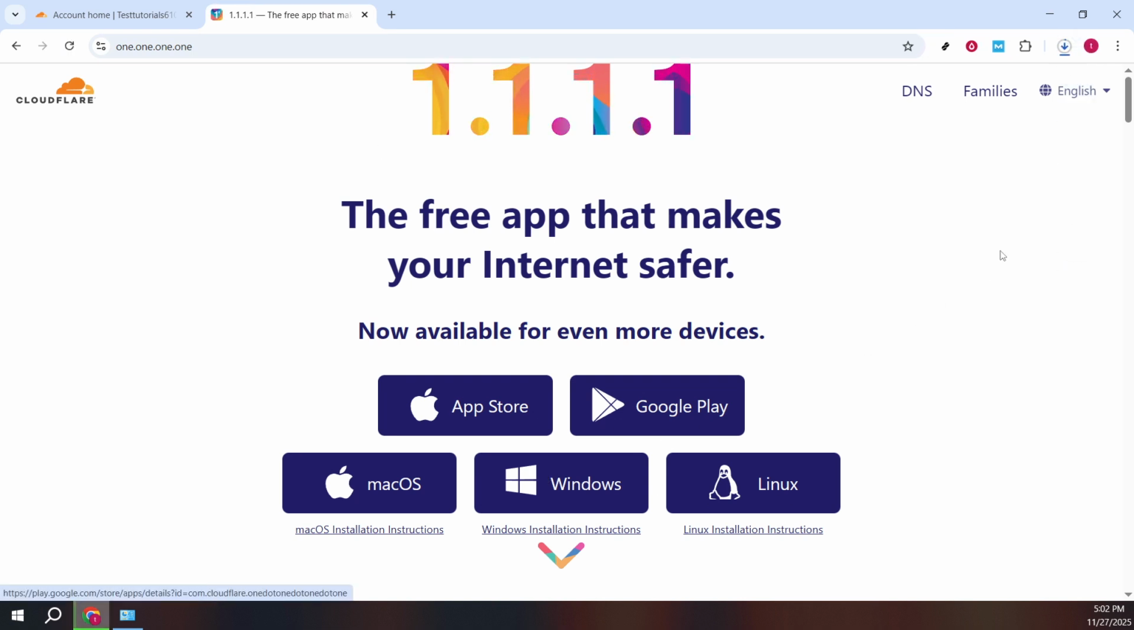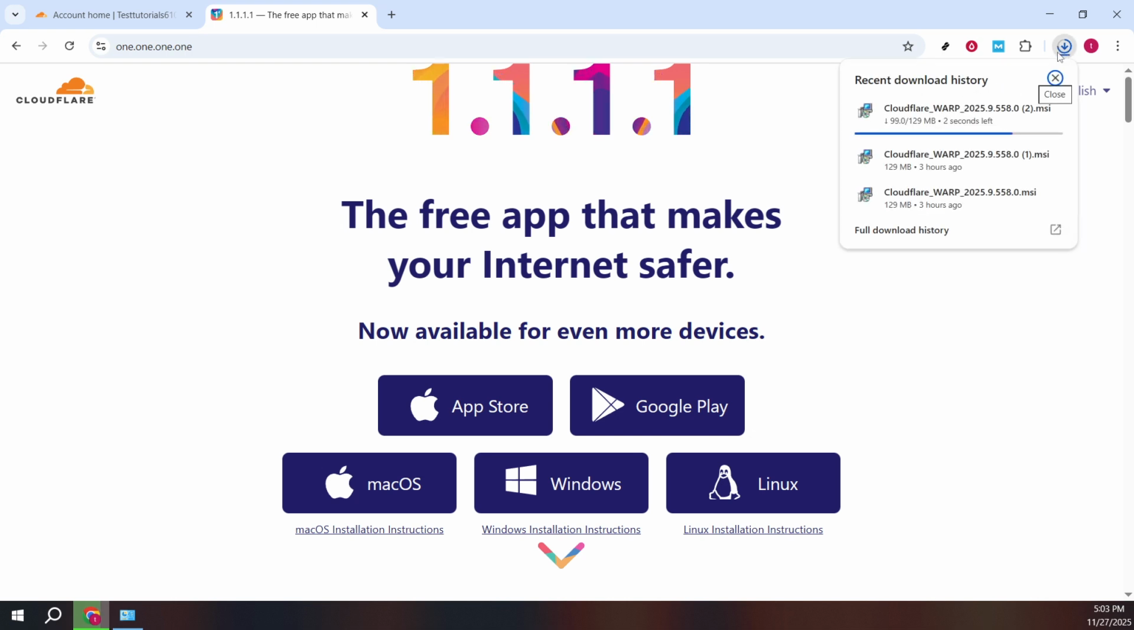Keep an eye on your browser's download bar. Depending on your connection, this may take a moment. If you don't see the download begin, look for a visible download button on that page and click it again to retry. Once the download finishes, click the file directly from your browser's downloads list or open your downloads folder